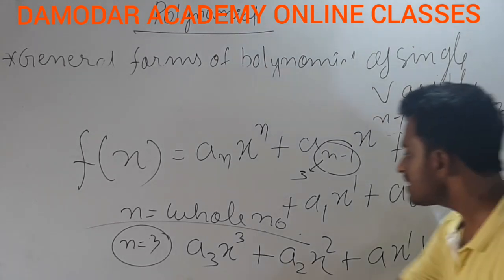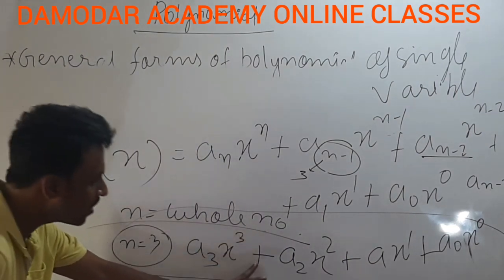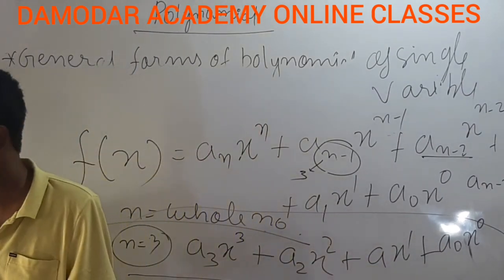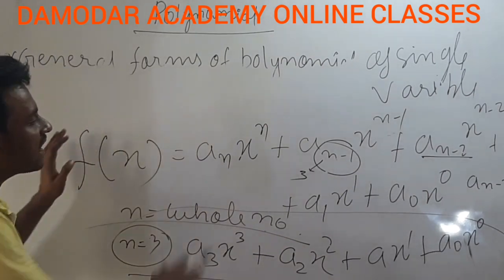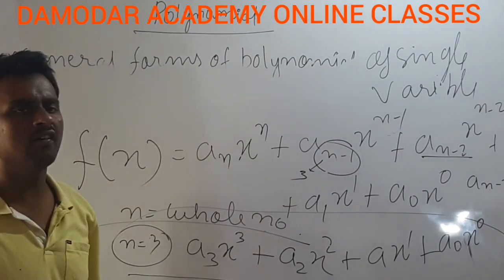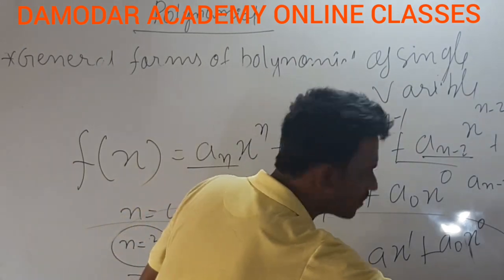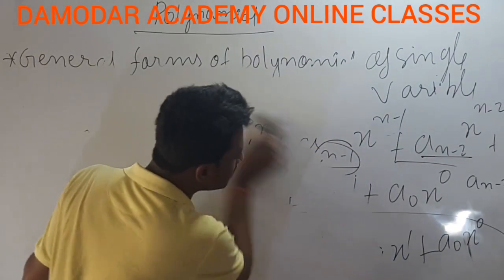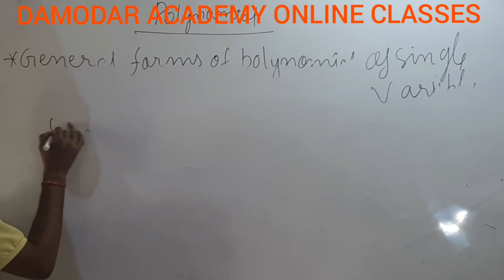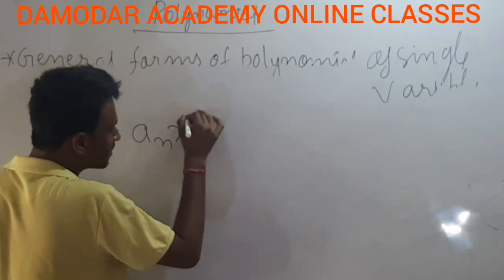तो this is the general form of a cubic polynomial. What is its general form? a_3 x cube plus a_2 x square plus a_1 x plus a_0 x^0. ठीक है, ये क्या हो गया, एक जनरल फॉर्म ऑफ ए पॉलिनोमियल हो गया ऑफ ए सिंगल वेरिएबल. तो यहां से क्या कर सकते हैं हम कन्वर्ट कर सकते हैं उसको डिफरेंट फॉर्म में. तो ऑलवेज रिमेंबर दिस इज द जनरल फॉर्म ऑफ ए पॉलिनोमियल. ठीक है, इसको अच्छा से लिख लो. तो जब आपसे कोई पूछे कि कोई भी अलजेब्रिक एक्सप्रेशन पॉलिनोमियल है कि नहीं है, आप क्या करोगे, you have to compare with this form. And what is this form? a_n into x raised to power n plus